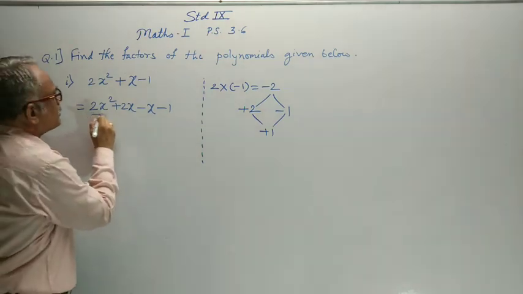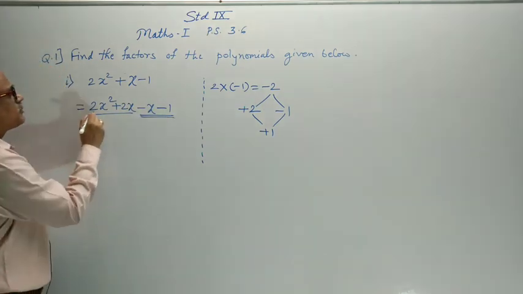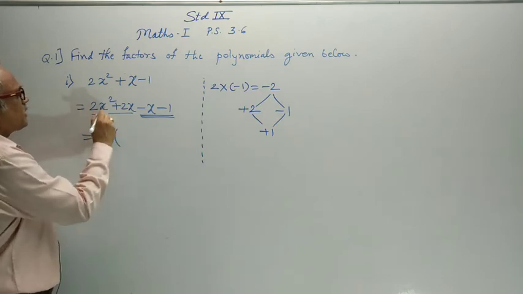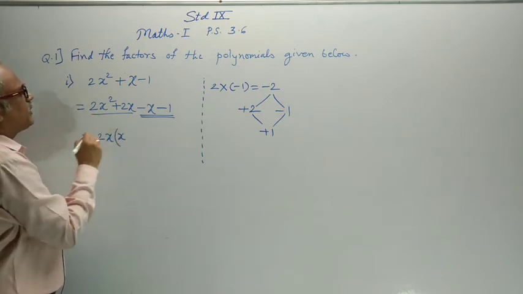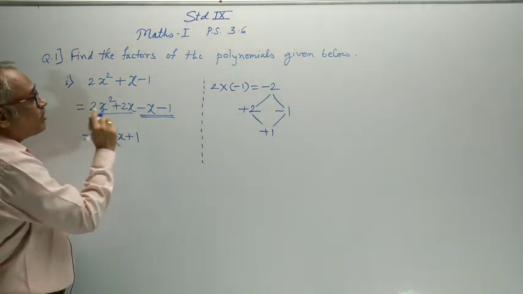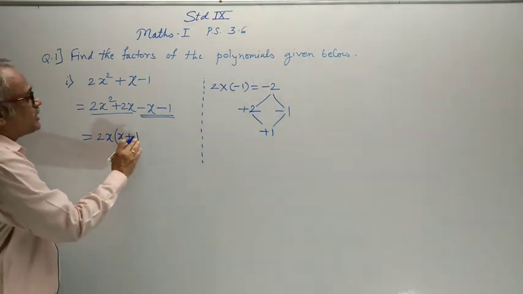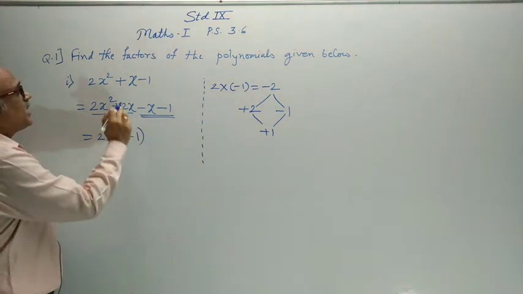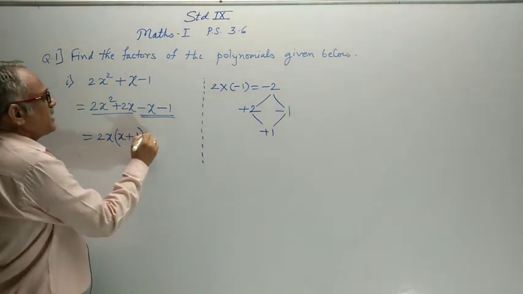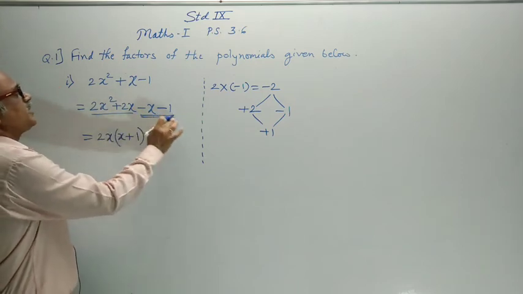Then take common from the first 2, common from the next 2. Common from the first 2 is 2 as well as x. From 2x square, if we take 2x common, x remains. 2x whole taken common, then plus 1 remains, not 0. When the whole term comes out, factor 1 remains. 2x ones are 2x, plus 1, not 0. Third term sign is always taken common. This is the first, second, third term, fourth term.